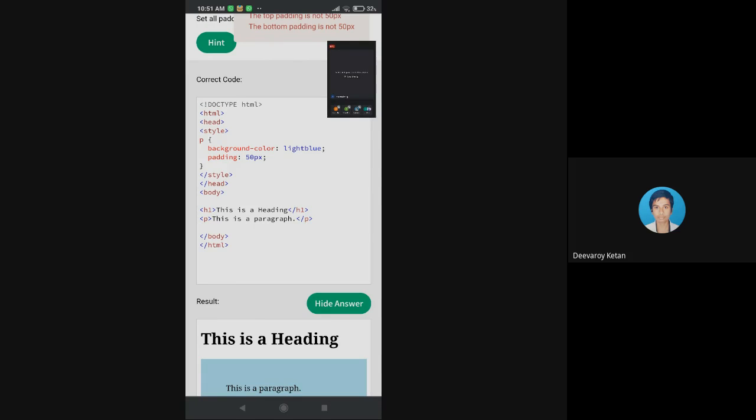So margin is to set your block or a box in the center or the left side, right side. But padding is applicable for the contents, for the text, from where you want to start. So in order to have the spaces between the boxes or anything. Okay.